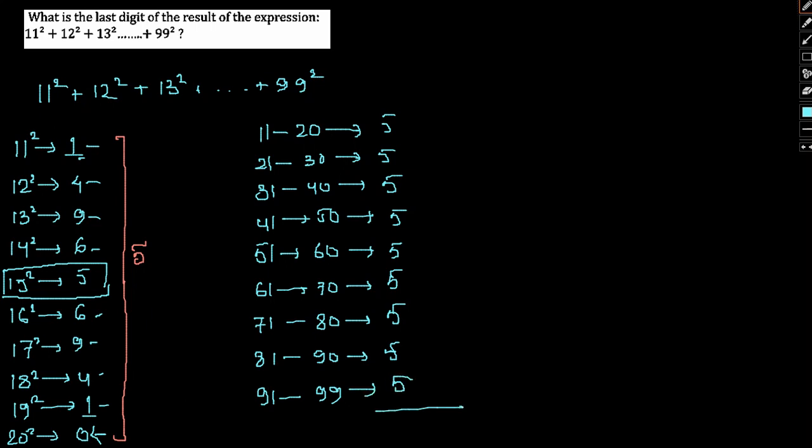Now if I add this up, 5 plus 5 gives 0, and so on, so 8 of these pairs simply give us 0, and all we are left with is this 5. So the unit digit will be nothing but 5, which will be our answer. I hope this question is clear to you, how we came about the solution. All we were concerned with was the unit digit, and we just had to observe a certain pattern in this regard. So I hope this is clear to you in terms of the summation series, how we figured out the unit digit.